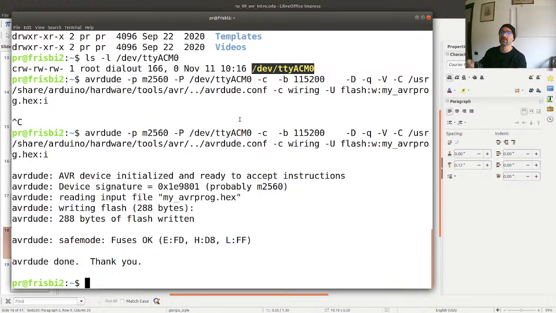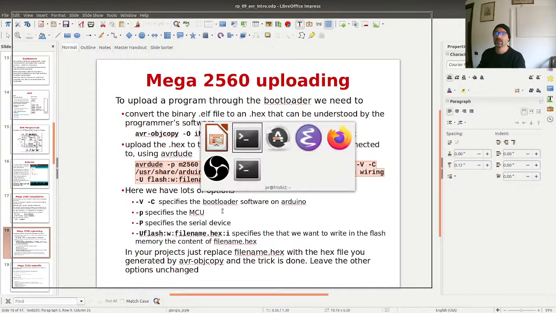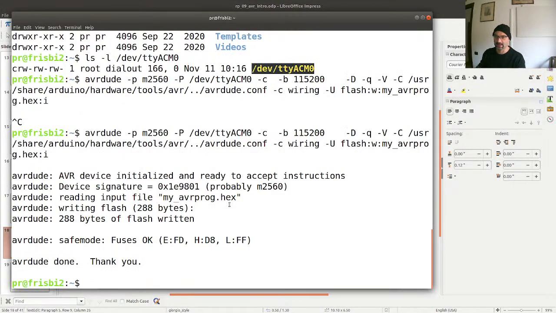Okay, I needed to do this a couple of times, probably because I needed to wait for the system to recognize the Arduino. All right. What happens is that it wrote 288 bytes of flash, which constitute the program, onto my machine. Now if we want to do this in a more fancy way, we could go cd robot